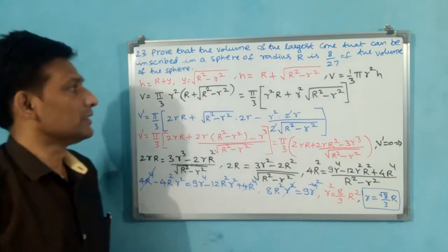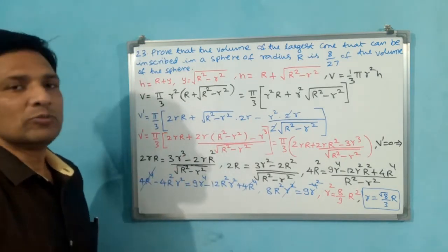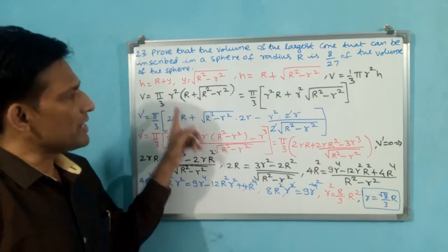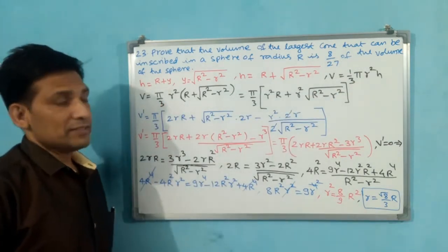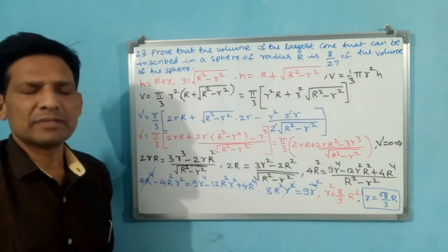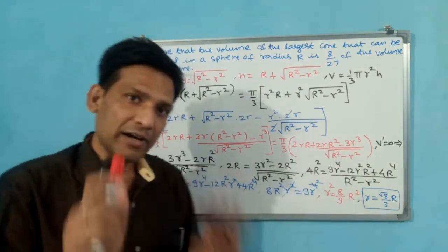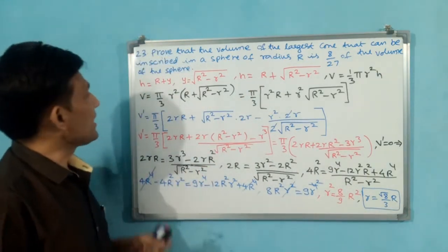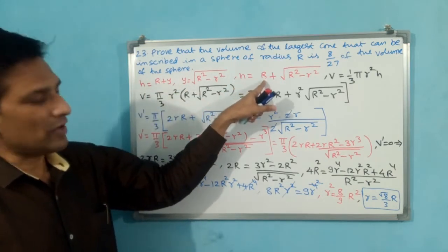Okay. Now you see what you have to get again. Finally you have to find volume. This volume if you find, automatically that should be equivalent to 8 by 27 times that volume. See, this volume if you find, automatically in terms of volume it has to come. That means in terms of capital R it has to come. Capital R is there, it will come. But before that you have to find H. How are you going to find H?